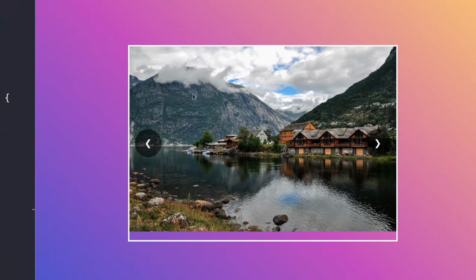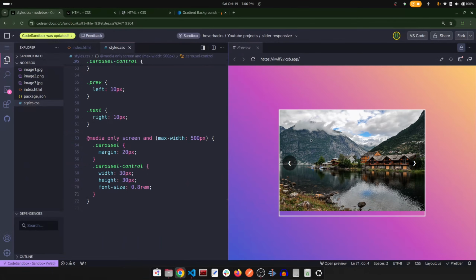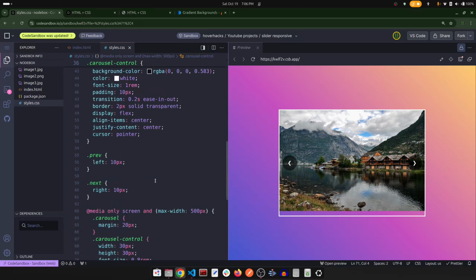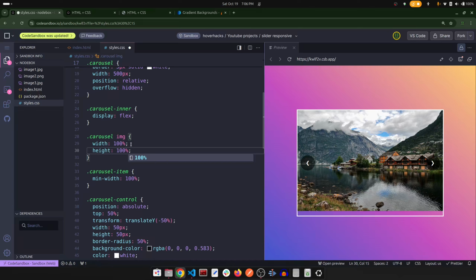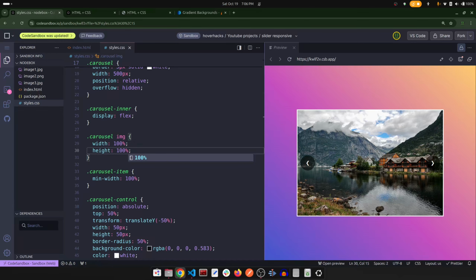Now if you notice, the image is not covering the entire container. It is happening because the image is of different dimension. So this might happen that different images are of different width and height. To fix that, we can simply add a height of 100% to the image. So let's do this. After adding height of 100% to the image, as you can see, it's covering the